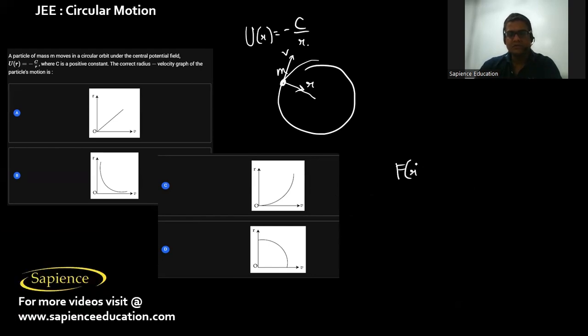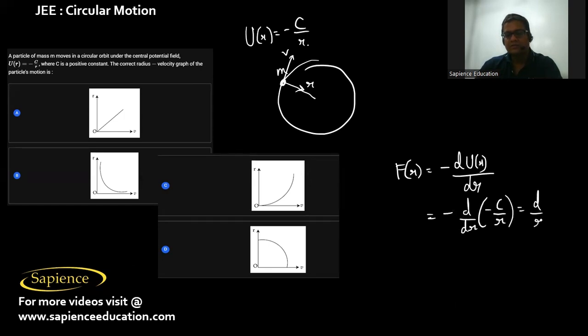So the central force will be equal to minus du by dr. So this will be minus d by dr of minus c by r. So this will be d by dr of c by r. So that will be equal to minus c by r square. So this is the force as a function of r. So this negative sign indicates that the force is acting radially inwards, means it is a kind of